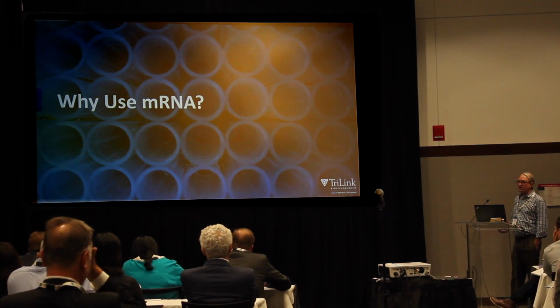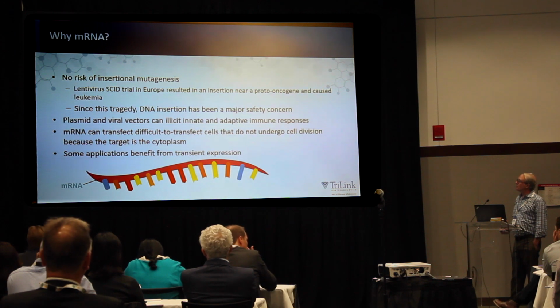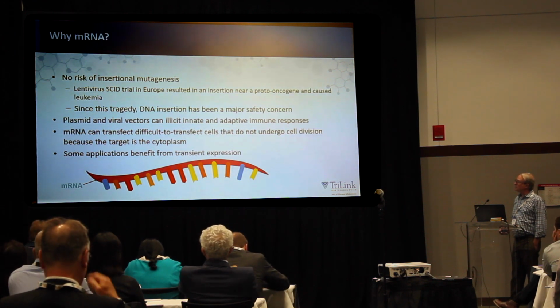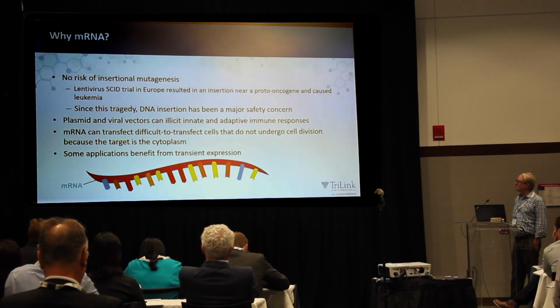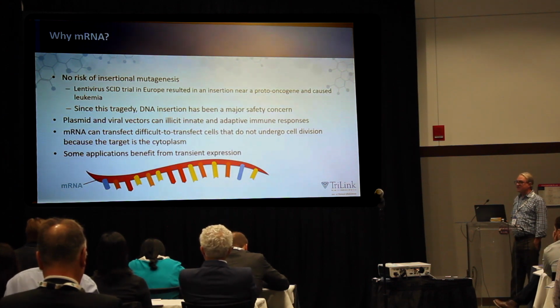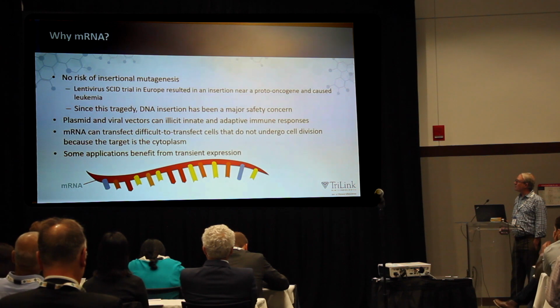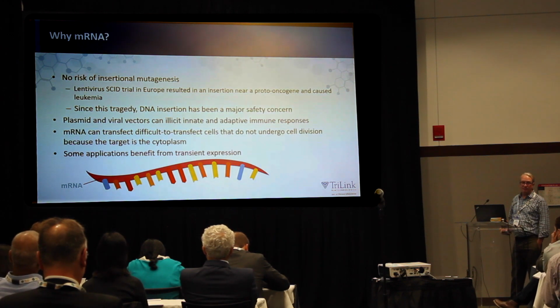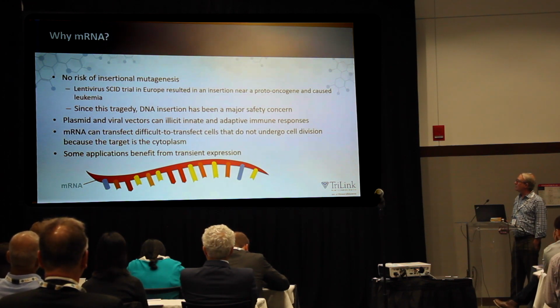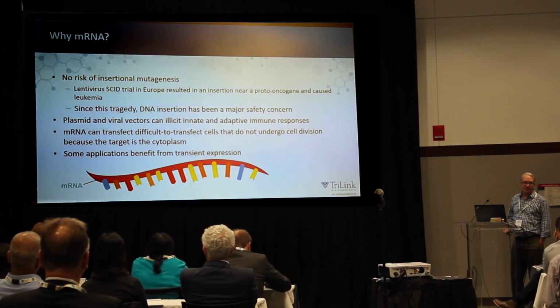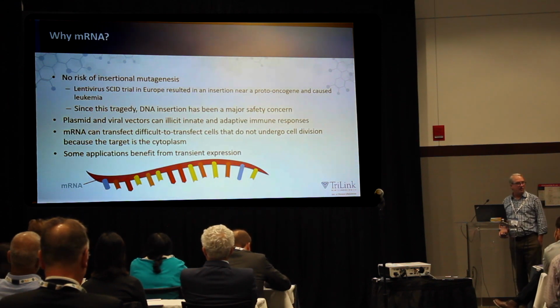So the first question, why use messenger RNA? Really the reason to use messenger RNA primarily is that there's no risk of insertional mutagenesis. There was a famous SCID trial with lentivirus in Europe that ended up curing bubble boy disease. But then there was an insertion of the lentivirus near a proto-oncogene which caused leukemia in a number of the children. And since that tragedy, regulators have been really preoccupied with the potential for integration of DNAs into the genome